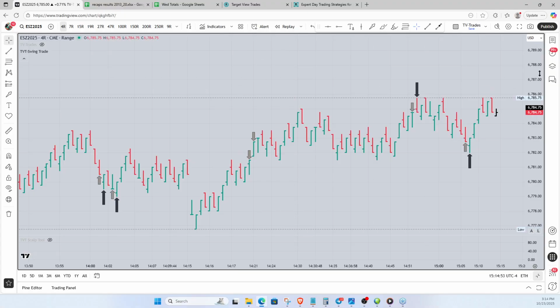Okay. If you don't have a TradingView ID, go to tradingview.com and sign up there. One thing you're going to have to do is get real-time data. Don't get the free version of TradingView and then try to buy the real-time data, because real-time data is $30 a month if you do it that way. If you get the essential version, you get 30 days for free from TradingView.